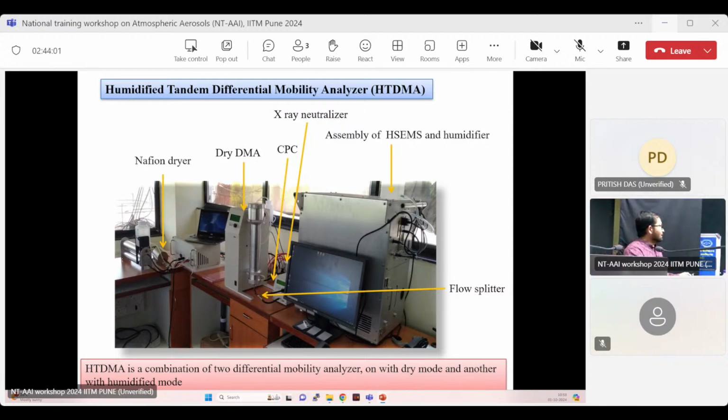And then we have a flow splitter, where we count whatever size we are choosing. Suppose we want to know how many particles there are in the atmosphere at the size of 50 nanometer. And the other part we are sending to the humidifier, followed by a second SMPS. So I'll give the